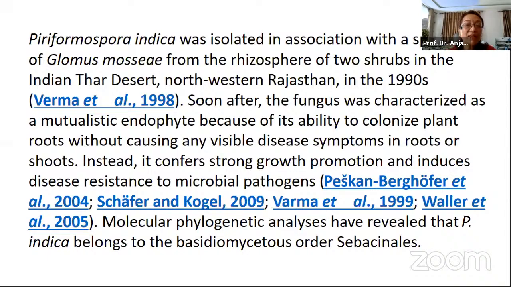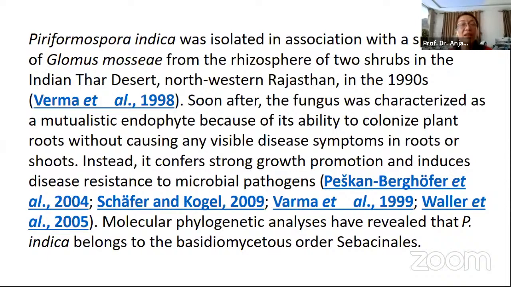Later, when the supervisor sat together and looked at the culture medium, it was found that what the student was thinking was Glomus mosseae was actually something else that had been growing. The soil was obtained from the rhizosphere of 2 shrubs in the Indian Thar Desert,